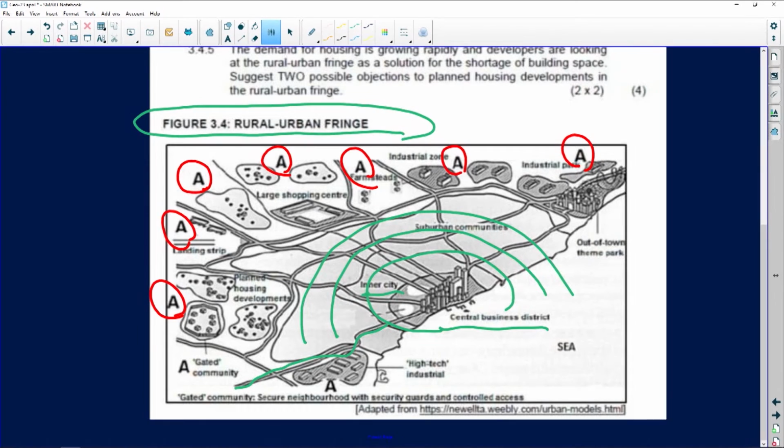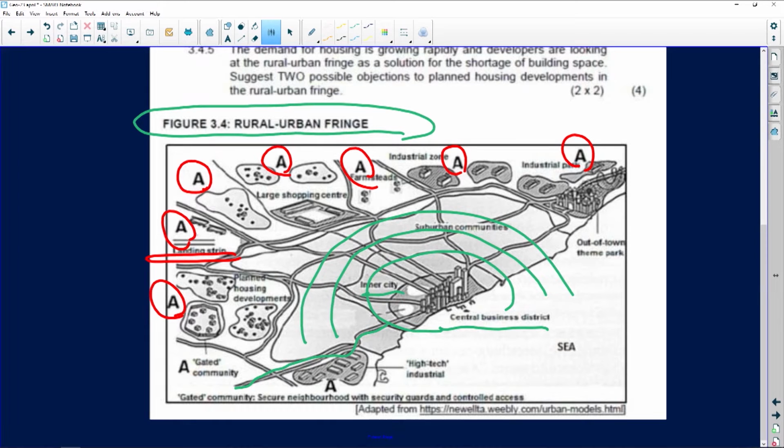Now, what is the rural-urban fringe? It's a transition zone from our urban area into our rural area. If we look at Johannesburg as an example, usually we find our airports on the rural-urban fringe. But unfortunately today, the model doesn't look exactly the same anymore, because our urban areas have grown so much bigger that they extended past those airfields. But back in the day, 20, 30 years ago, our airfields, for instance, this landing strip,